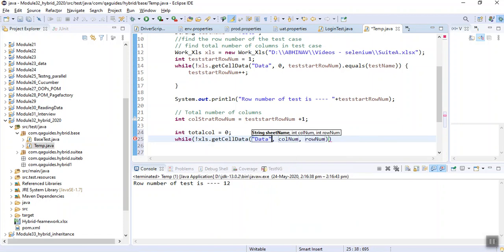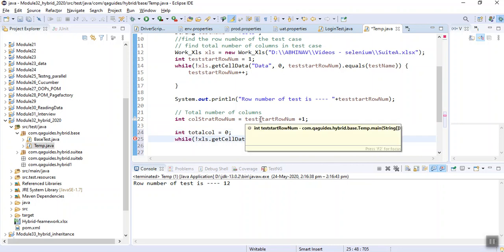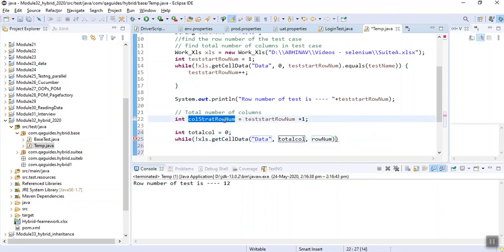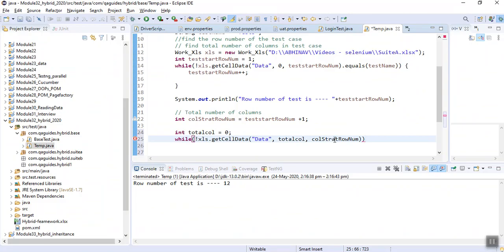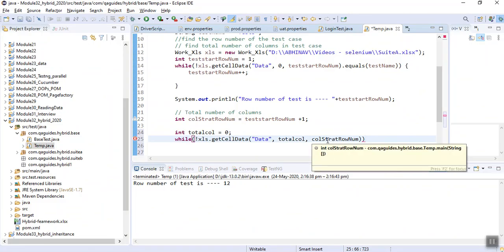Okay, I am going to column number. I have to start with total columns, that is 0. First time it will be 0. Then the row count will be the column start row count. We have to start from here. So currently test b plus 1 is equal to the total column start row number.